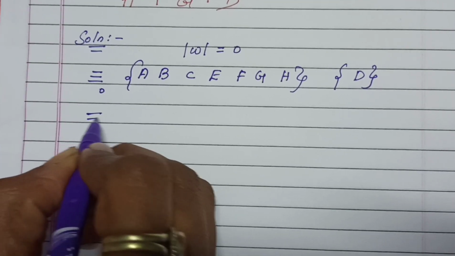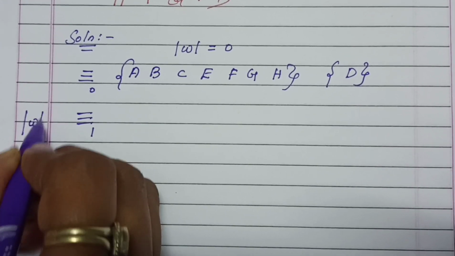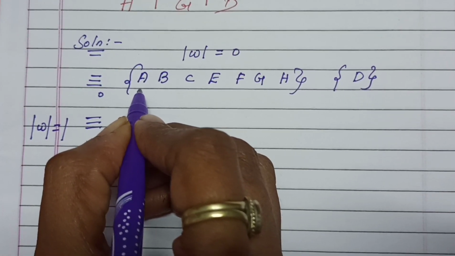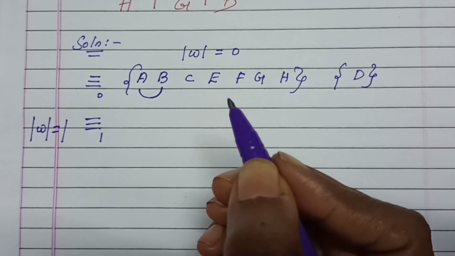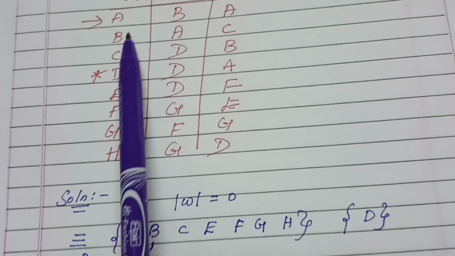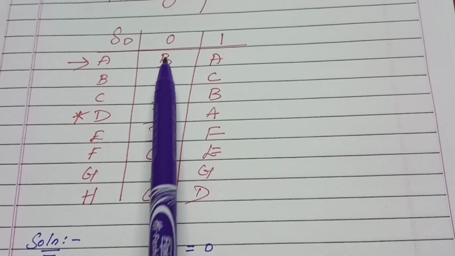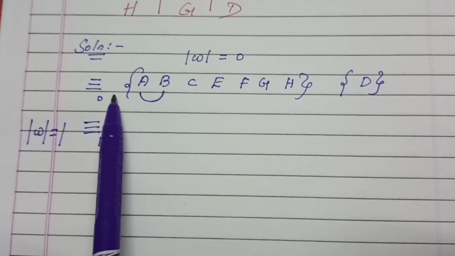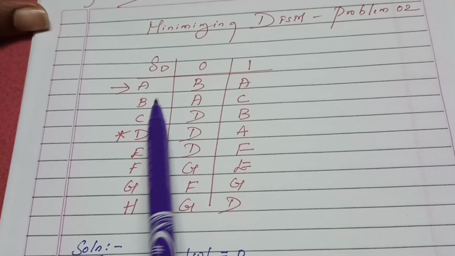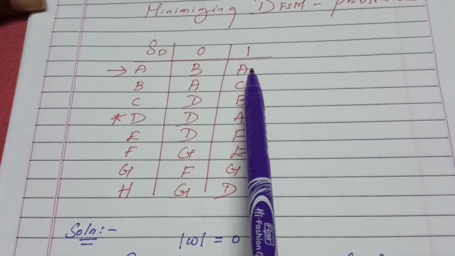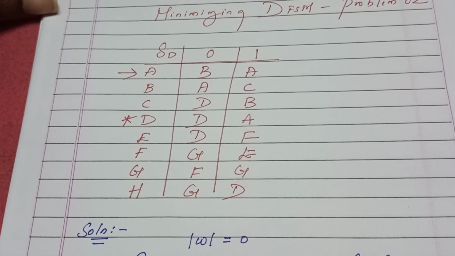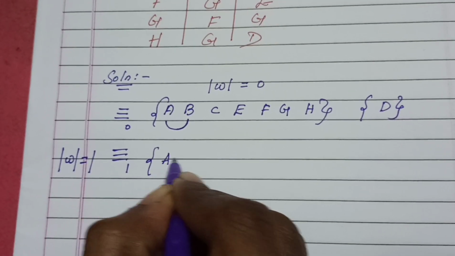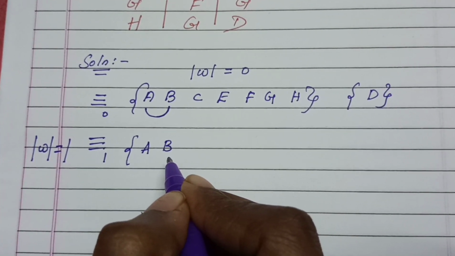Now we move on to the equivalence class 1, where the length of the string is 1. So I'm going to consider the states A and B. I'm going to check in the transition table. From A and B, on reading 0, it goes to B and A. B and A are present in the same set. Now A and B, on reading the input 1, go to A and C, where A and C also belong to the same set. So what is the conclusion? The conclusion is A and B are indistinguishable at this point.